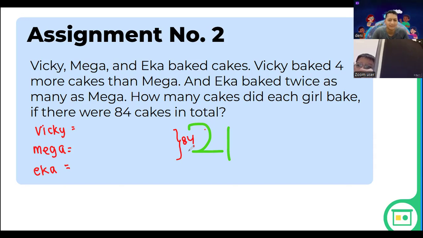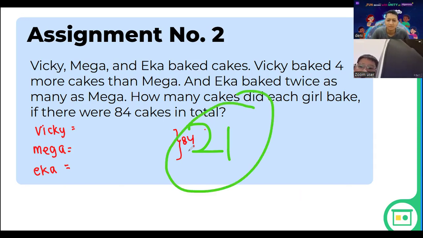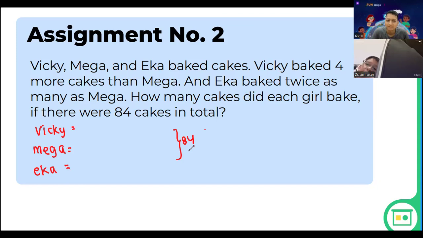That's the answer, Akar. 21 for Vicky, Mega, or Eka. Because the total should be 84. 21 for